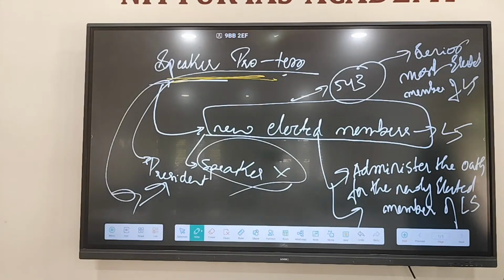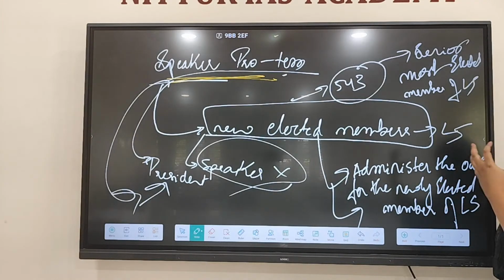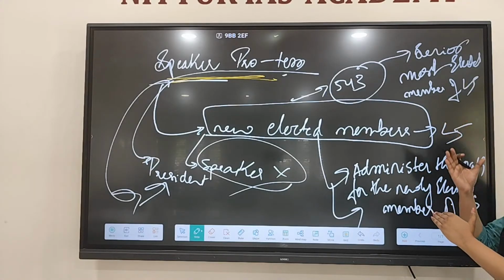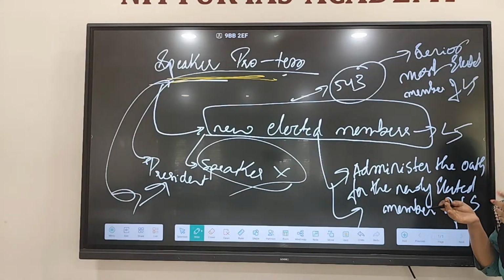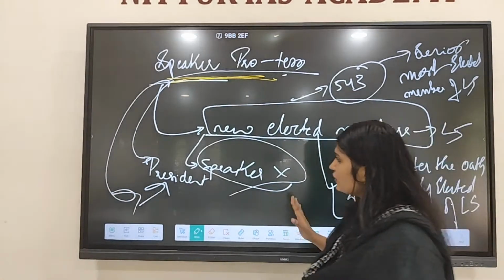Don't get confused. The newly elected MPs will just take the oath in front of Speaker pro tem. Later they give a higher designation to some MPs, that is minister. That minister will take the oath in front of the President. Okay, that is one function. The next function says that